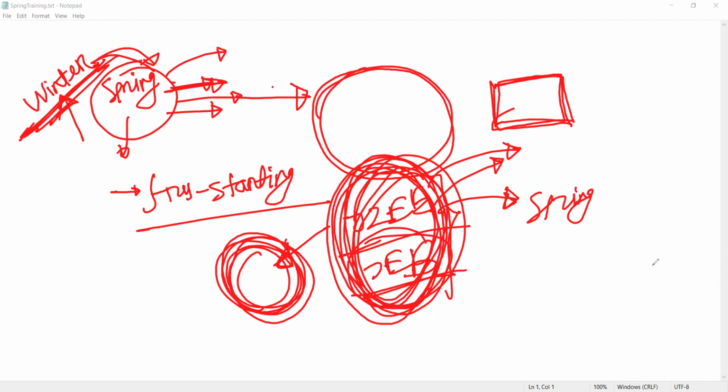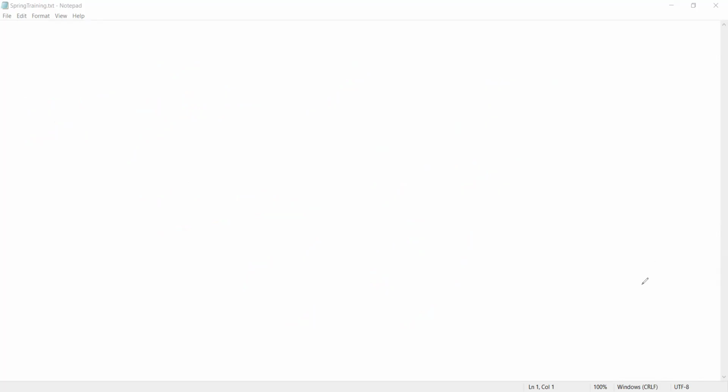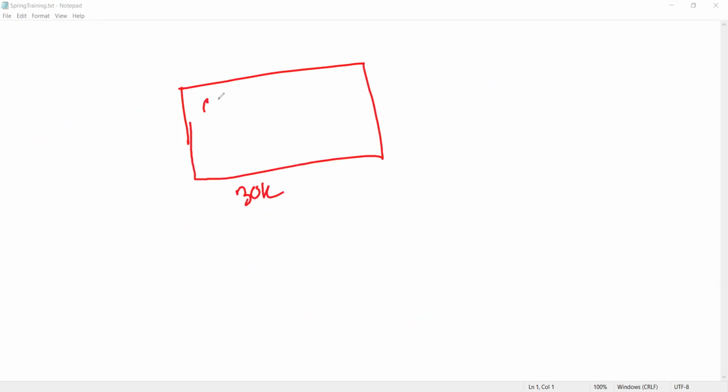Is it okay? Any confusion? No, sir. Okay, so mainly consider this as the 30,000 lines of code, and the package name was com.interface21.